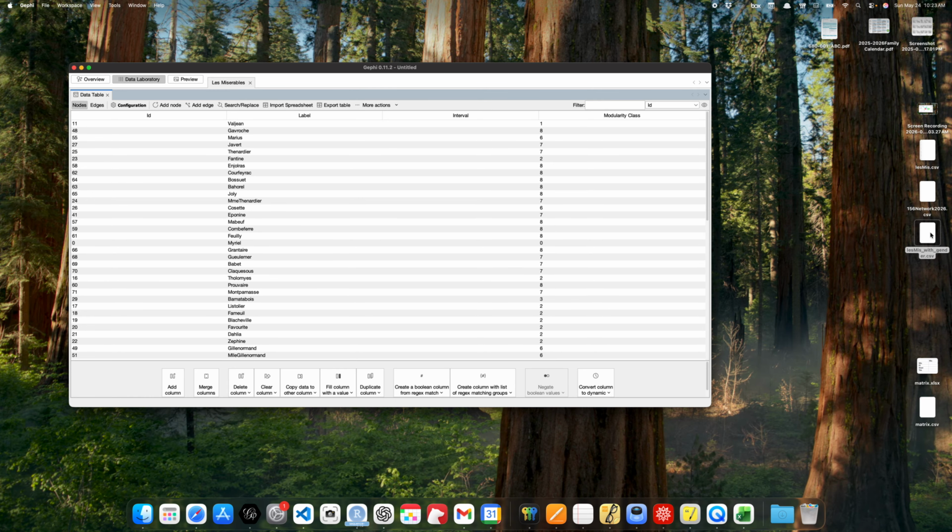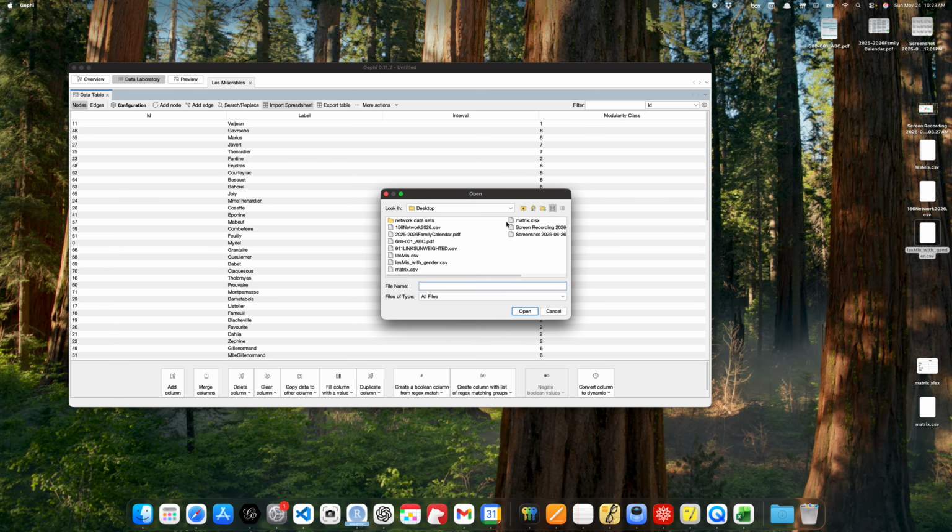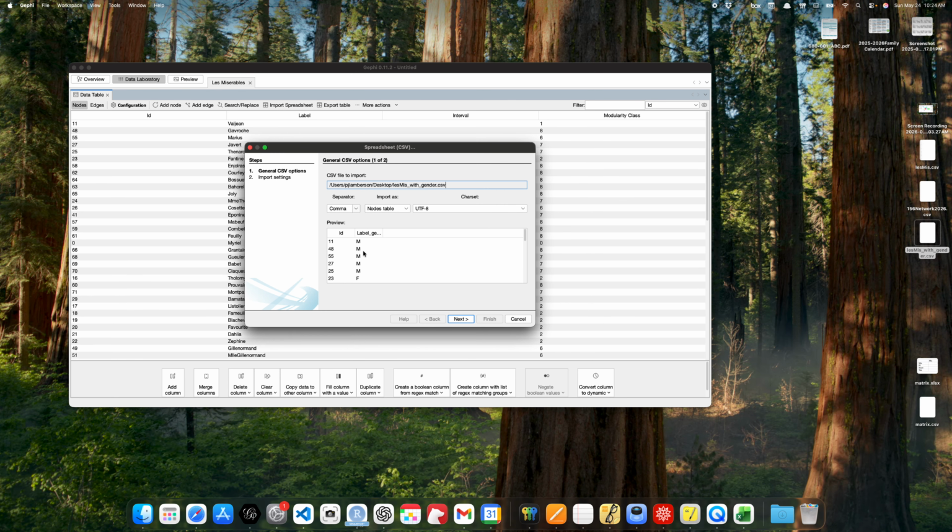So once you have your spreadsheet with whatever additional data that you want to bring into Gephi, you go to the data table and click on Import Spreadsheet. Then find your table and click Open. It should say that it's going to be a nodes table, and everything should look good here if there's no